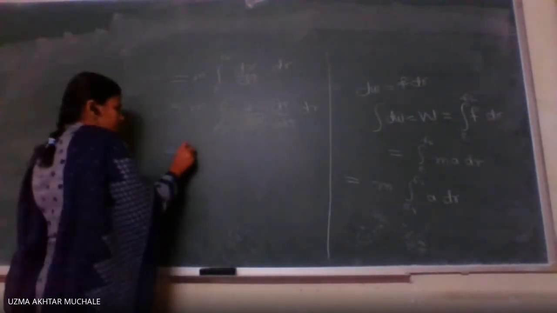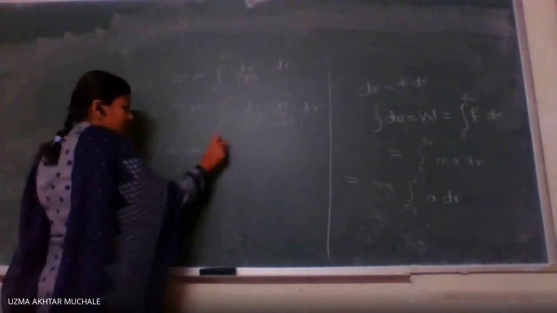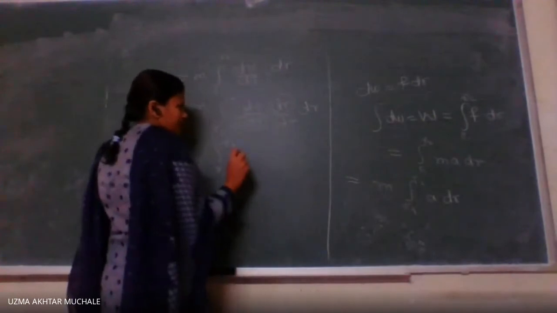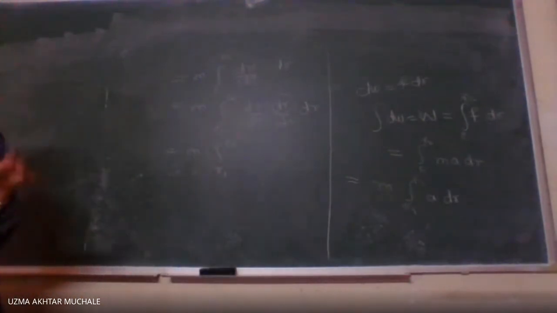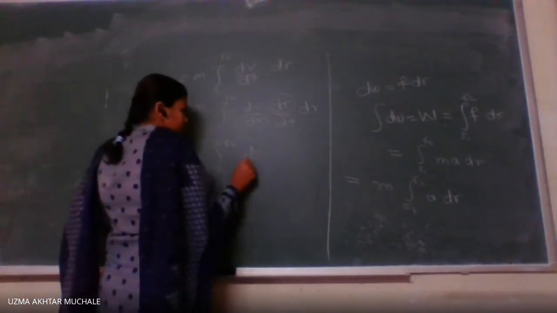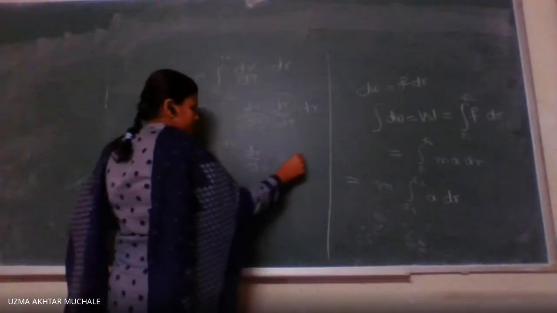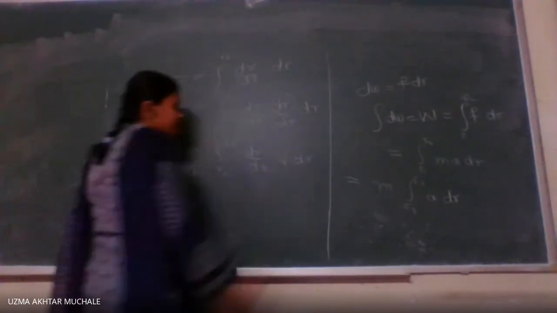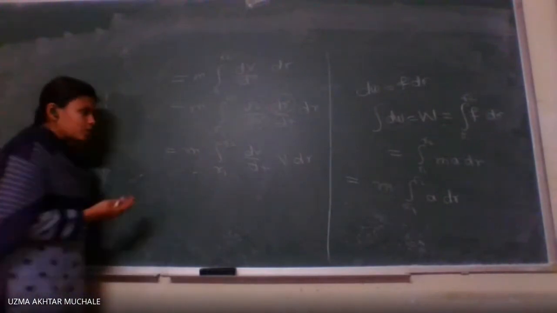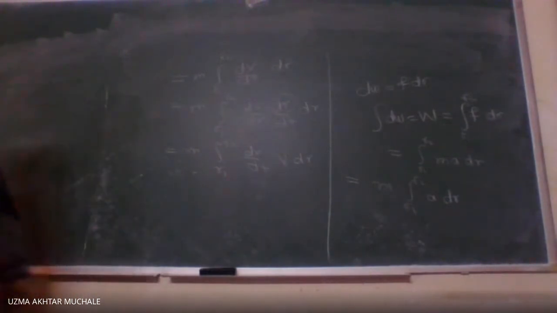So next, mass as it is we have taken outside, integration R1 to R2, dv by dr and dr by dt. What is the formula for dr by dt? dr by dt is nothing but your velocity. So this dv by dt as it is, this is velocity into dr. Correct? So how are you going to evaluate this term, dv by dt into v dt? So for that,